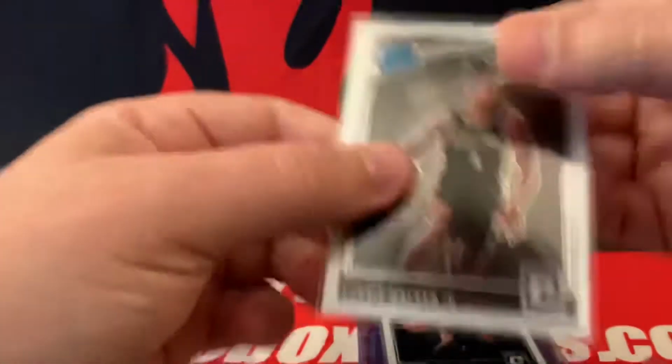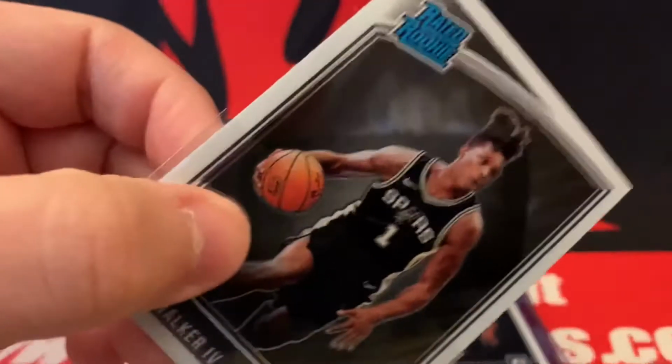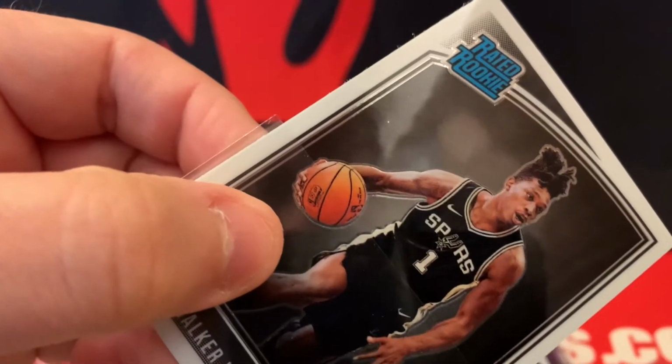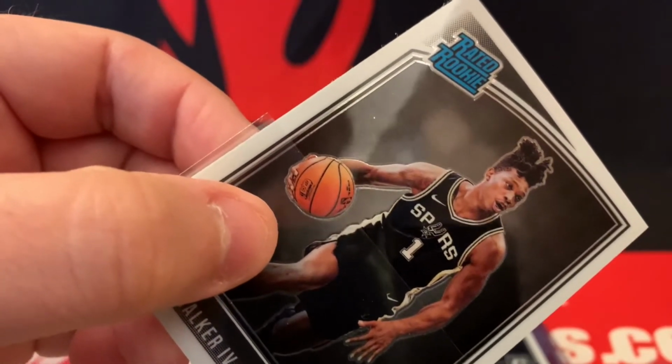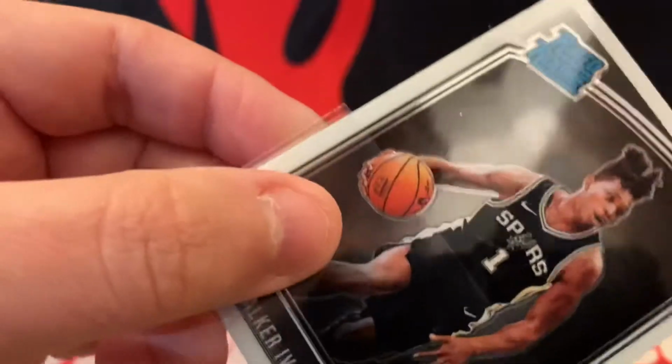These Lonnie Walkers, I have 2 Lonnie Walker Optic RCs here. So this first one, see that silver dot right there? That's different than a dimple. It's not a dimple in the chrome. It's where they just actually, and I've seen this quite a bit, where they have legit,